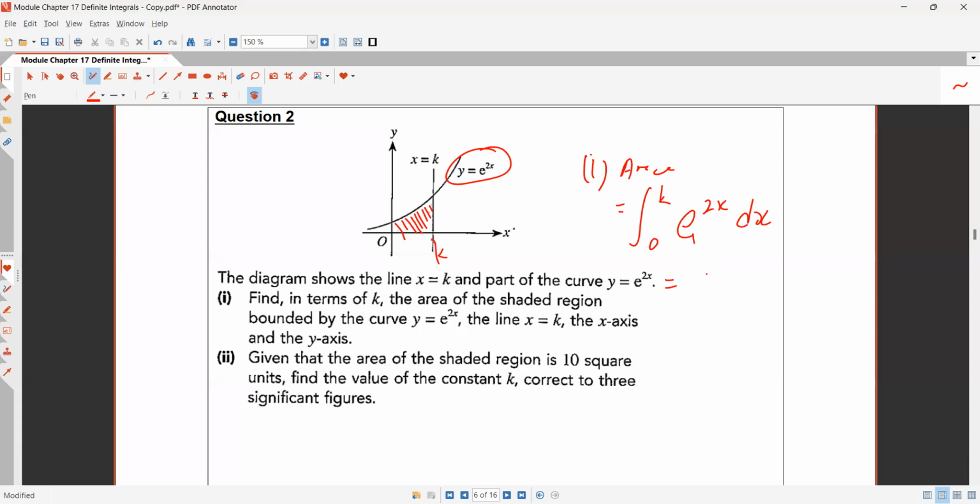Yes, 1 over 2 in front, correct? Then e to the power of 2x. Then close the bracket, you have the limits. Then after that, you can substitute the k and 0. So you actually get 1 over 2 e to the power of 2k